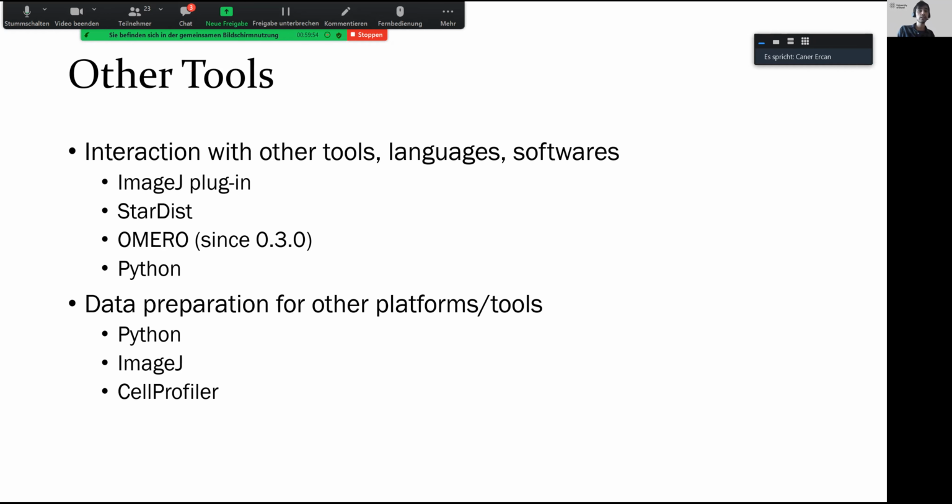Another very important feature of QuPath is that it gives a good platform to interact with other software. If you feel more confident, or you want to use ImageJ for a certain problem, you can easily use the macros of ImageJ in QuPath, or within the script you can use some of the ImageJ functions within QuPath